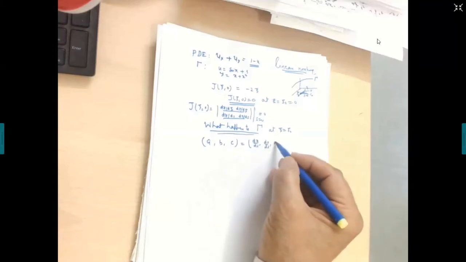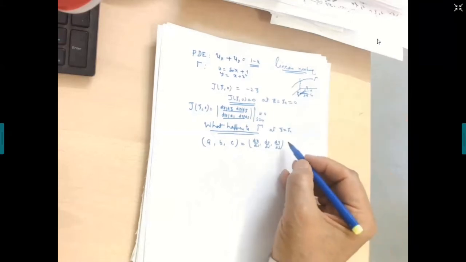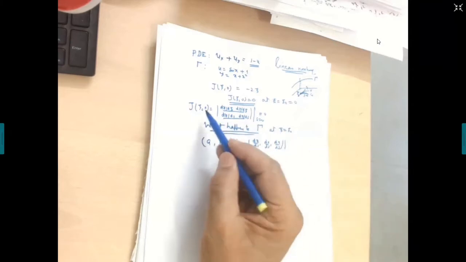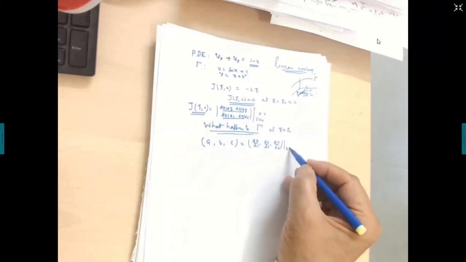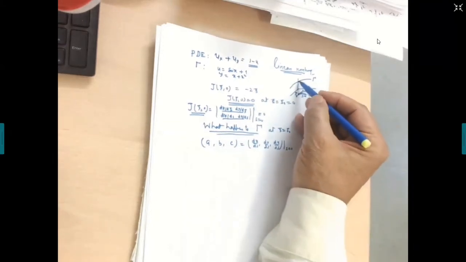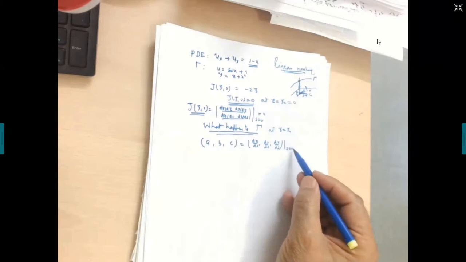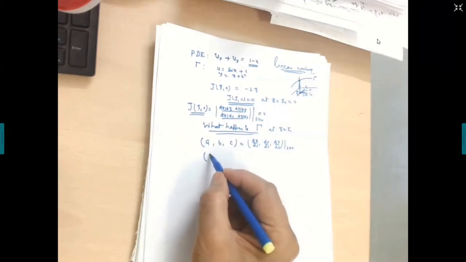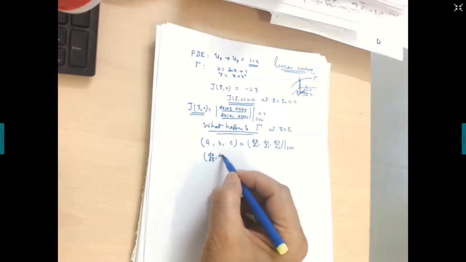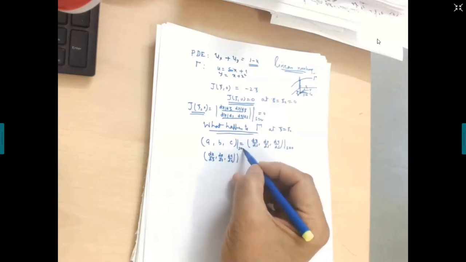Very good. These are the components of the tangent to the space curve gamma. At this point, I'm interested in finding out S is equal to 0, because P naught is the projection of this point. Again, this is on the U axis, right? So at S is equal to 0, similarly, I have to find dx d xi, dy d xi, du d xi at S is equal to 0.